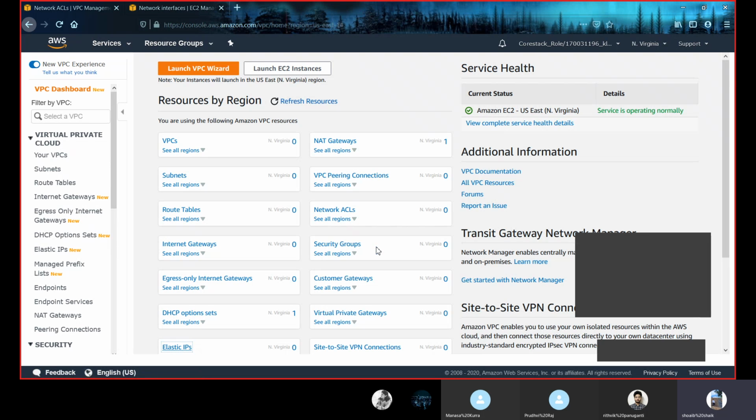Now, as I told you, compute service satisfies infrastructure as a service, and this networking and content delivery service satisfies both the other two service models, those are platform as a service and software as a service. We use this networking and content delivery service because it is most secure, it can provide us with high network availability, and we can have high performance using this. And if we want to broadcast globally, then we use this service.